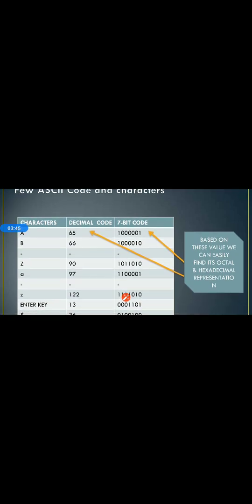Here in this chart we have some ASCII code values. A has the value 65, and B has the value 66, and similarly Z is 90. Small a has the ASCII value 97, and small z has the value 122. Based on these values we can easily find the octal and hexadecimal representations. If we have 65, then we can convert it into the binary number system